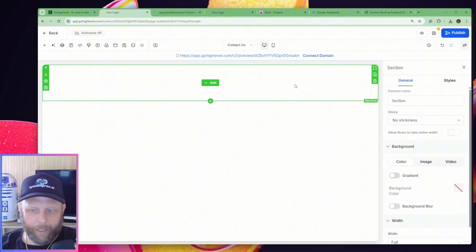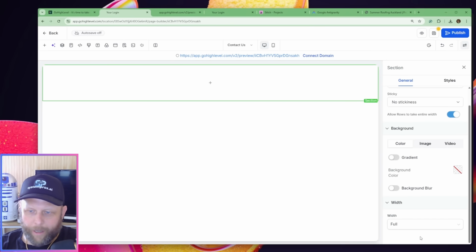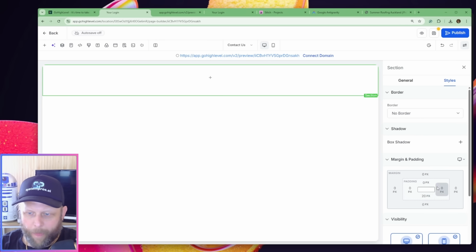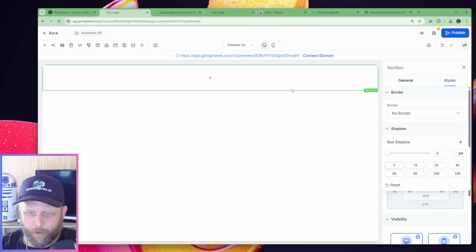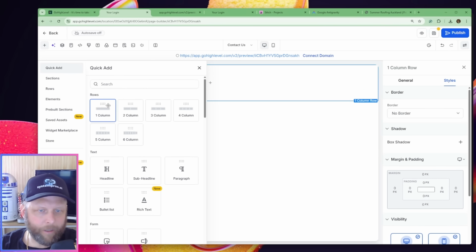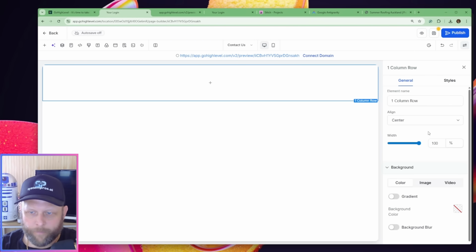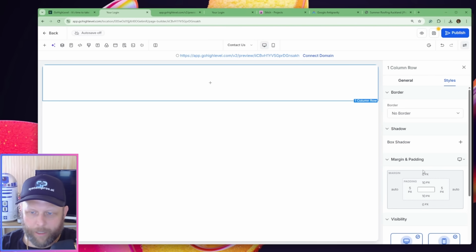Clear that one out. Click here. I'm going to make sure we go entire row. And all of this is here. This is going to go into 0, and it's going to go 0, and it's going to go 0. I'm going to say add again our column. So I'm going to make sure I click on the blue. 100%. And I'm going to make this 0,